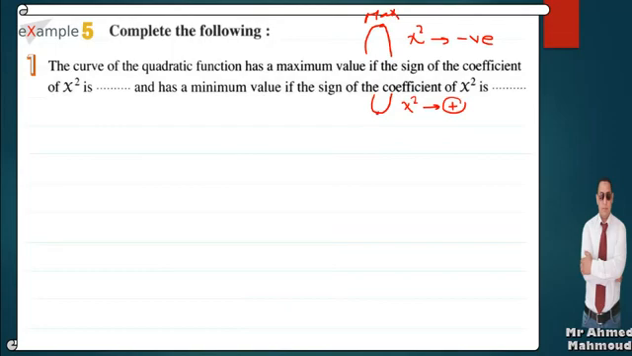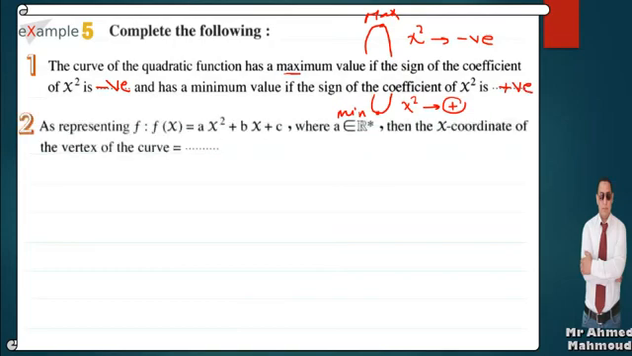This is maximum and this is minimum. Okay, here to give me a maximum, the sign of x power of 2 is negative, and it has a minimum value if the sign of x power of 2 is positive. The next one,